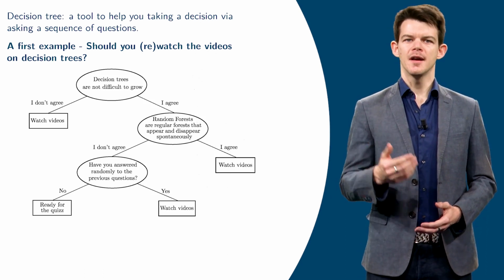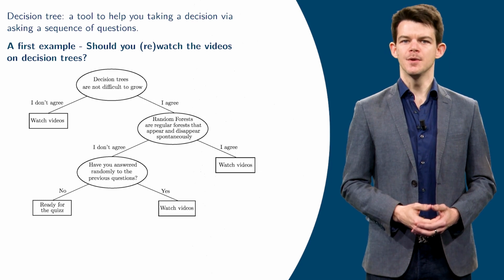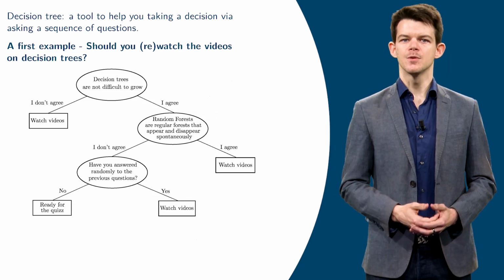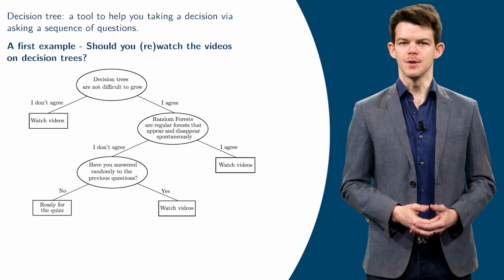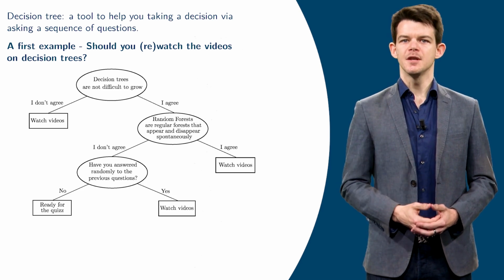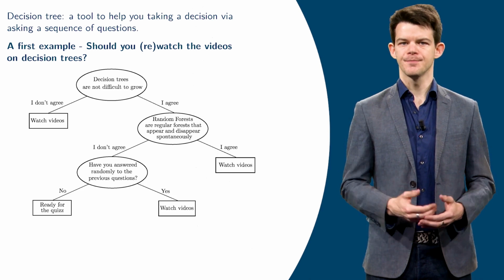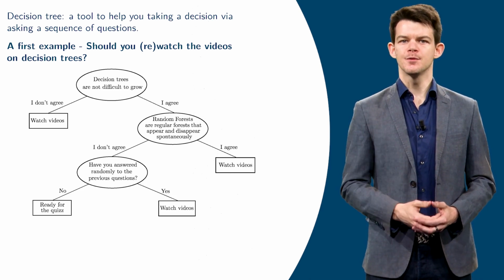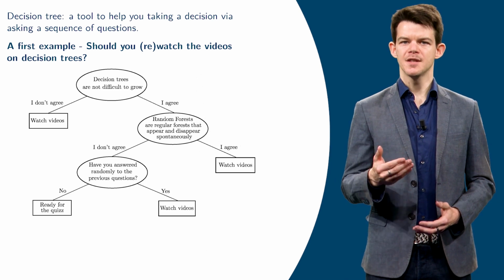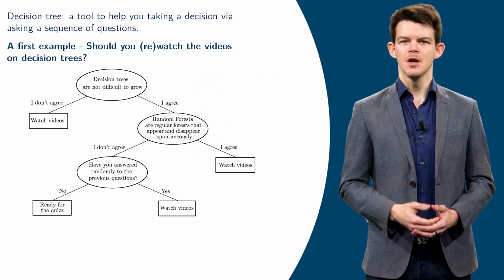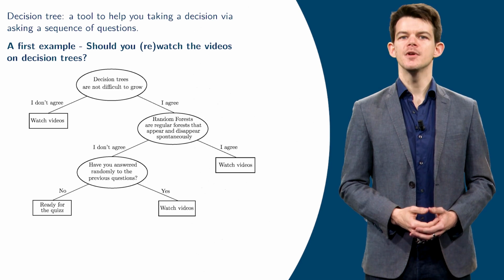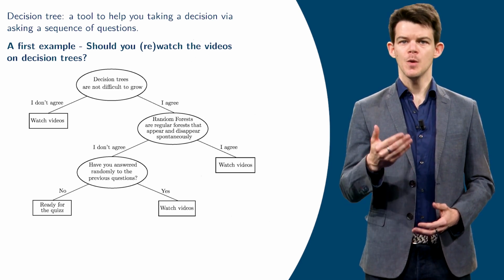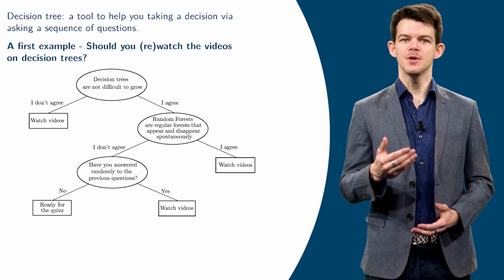A decision tree looks like this and is read from top to bottom. Each cell corresponds to a question, called a node of the tree. Each branch, starting from a given cell or node, corresponds to a possible answer to that question. Let's take the first box with the following statement: decision trees are not difficult to build. To proceed through the tree, you must choose whether this statement holds. If you think it is true, you will follow the right-hand branch, and if you do not agree, you will